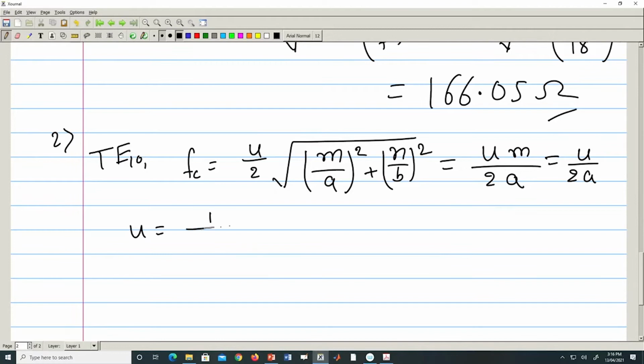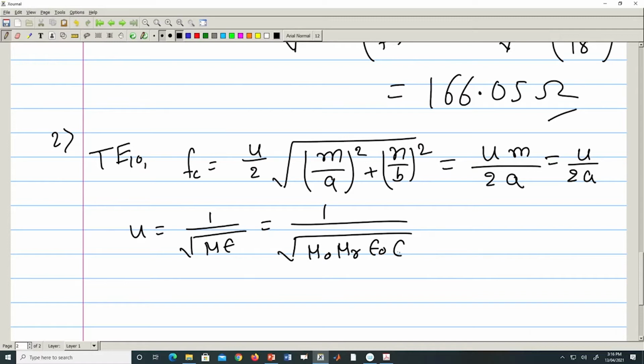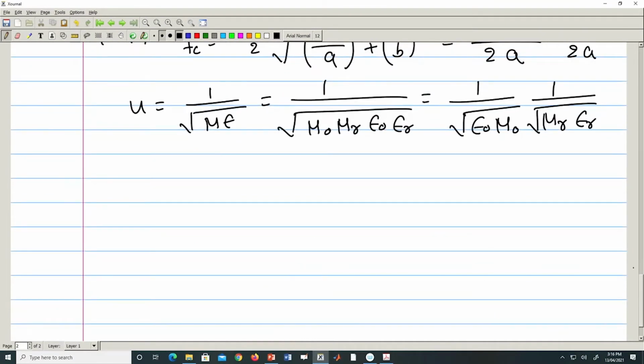So, this will be 1 by the square root of epsilon naught mu naught into 1 by the square root of mu r epsilon r. Here mu r is 1, epsilon r will be 4, and this first part is the free space velocity. From this we will get 3 into 10 to the power 8 into 1 by the square root of 4. So, it will be 3 by 2 into 10 to the power 8, equal to 1.5 into 10 to the power 8